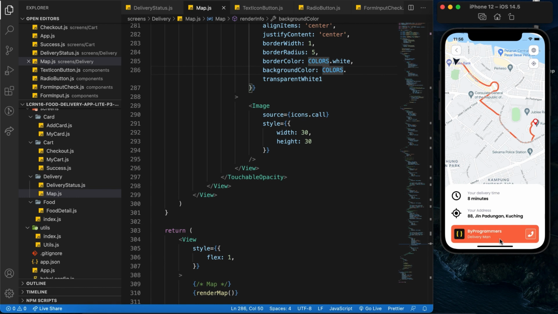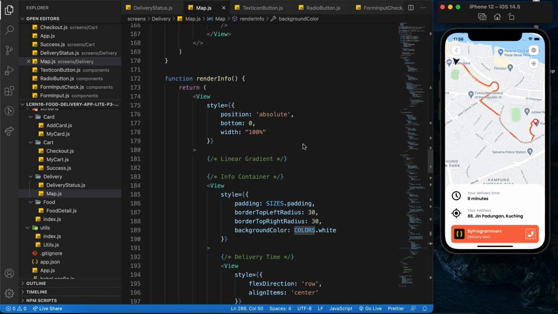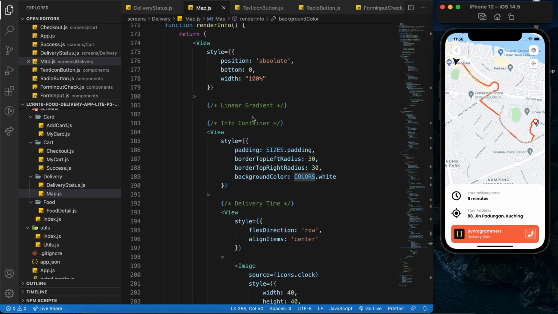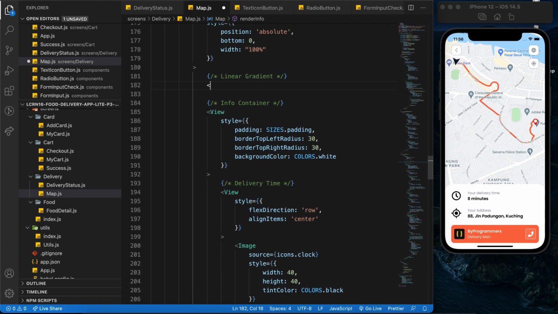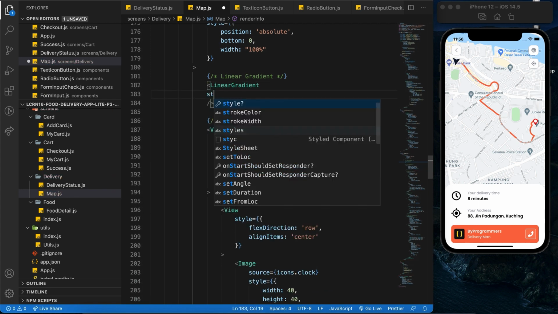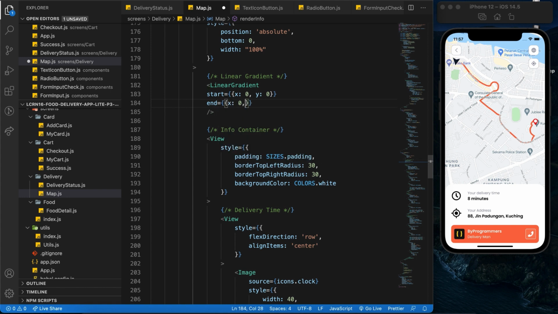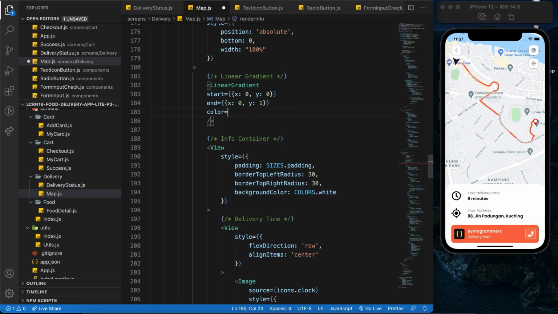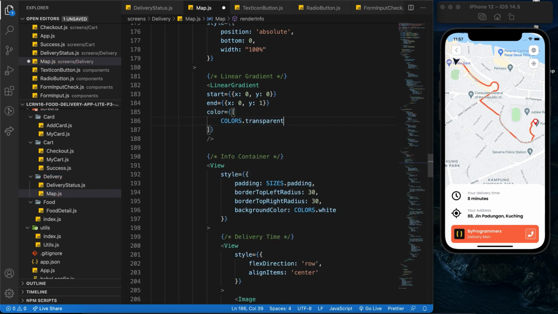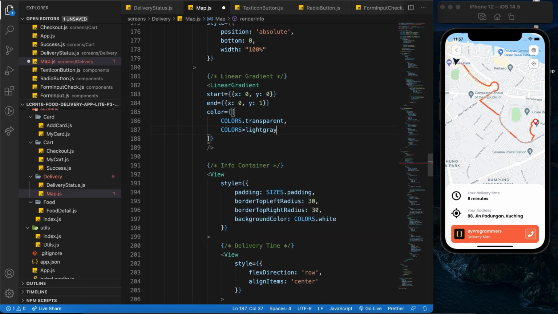And now we are going to work on the last component for the map screen, which is the shadow effect over here. Alright, so scroll to the top, right before the info container section. Over here we are going to render a linear gradient component. For the start prop, it will be x 0, y 0 as well. For the end prop, it will be x 0, y equals 1. Right, for the colors, it will be an array of colors.transparent followed by colors.lightGray1,